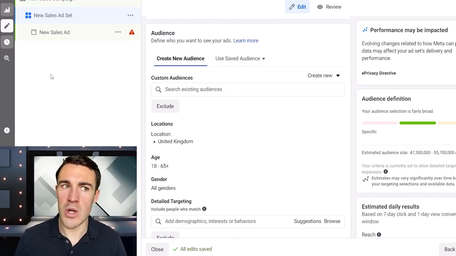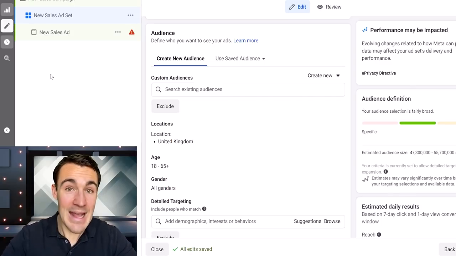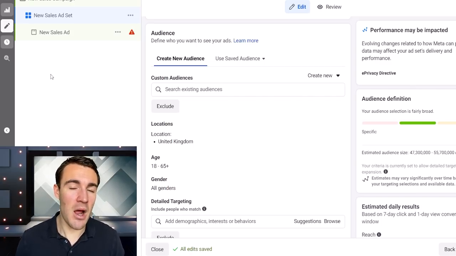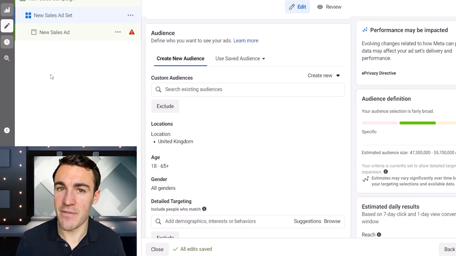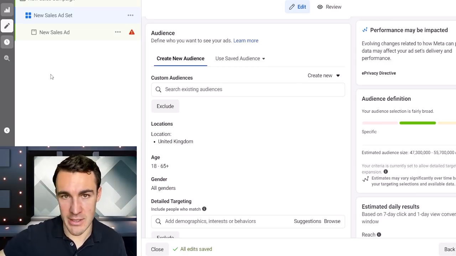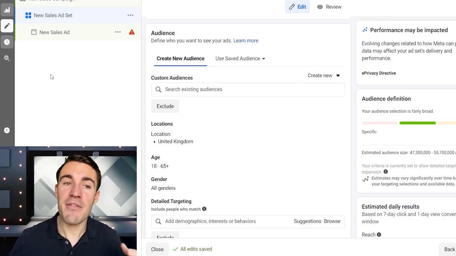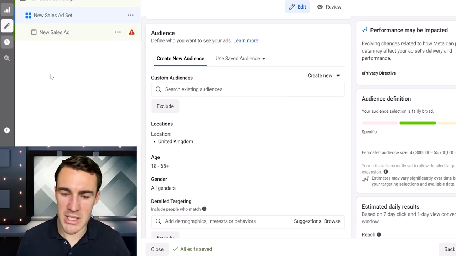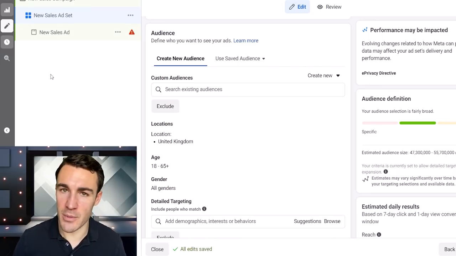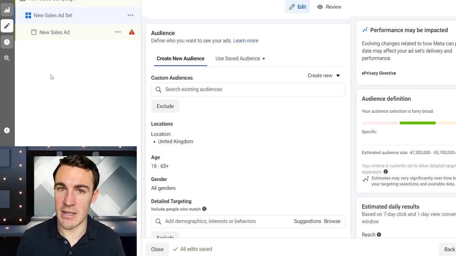So whilst we can't target those people specifically with a detailed targeting option, can we target the media outlets that those people are likely to follow? Often those targeting options are sticking around. So have a think about your target audience and think about, what are the TV shows that they watch? What are the podcasts they listen to? The social media influencers they follow? The magazines they read even, okay?